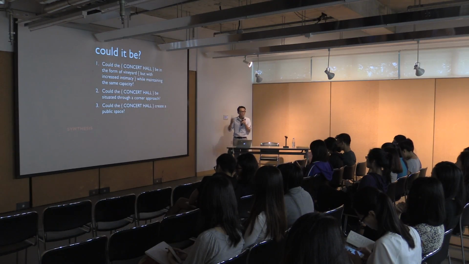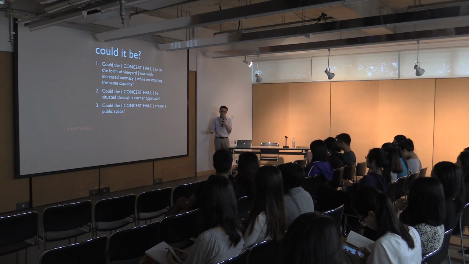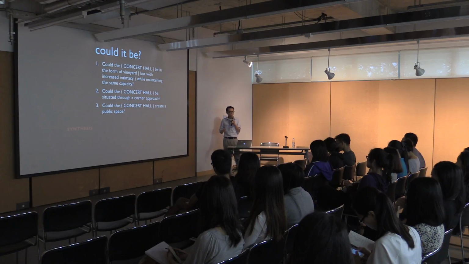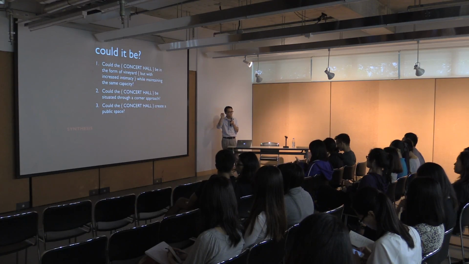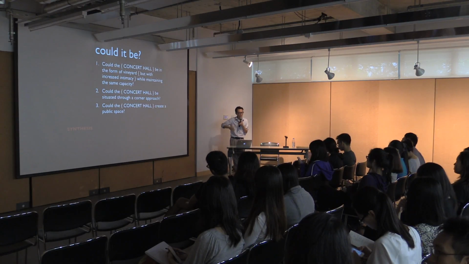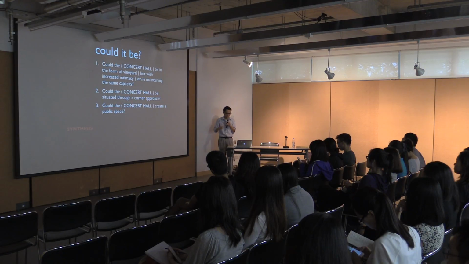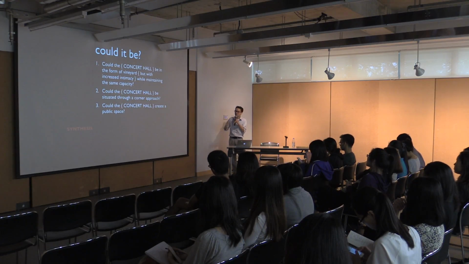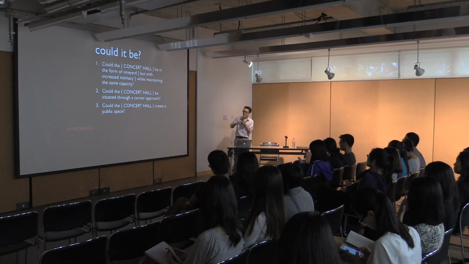And then someone else comes along and asks a follow-up question. So don't try to invent a brand new everything that nobody has ever done. Right? A public building inside the mountain, 4,000 miles. You work on something that others have initiated, and you build on top of that. So the next guy comes and says, could the concert hall be in the form of a vineyard, but with increased intimacy? While maintaining the same number of seats, and could the concert hall be situated through a corner approach? In other words, sited